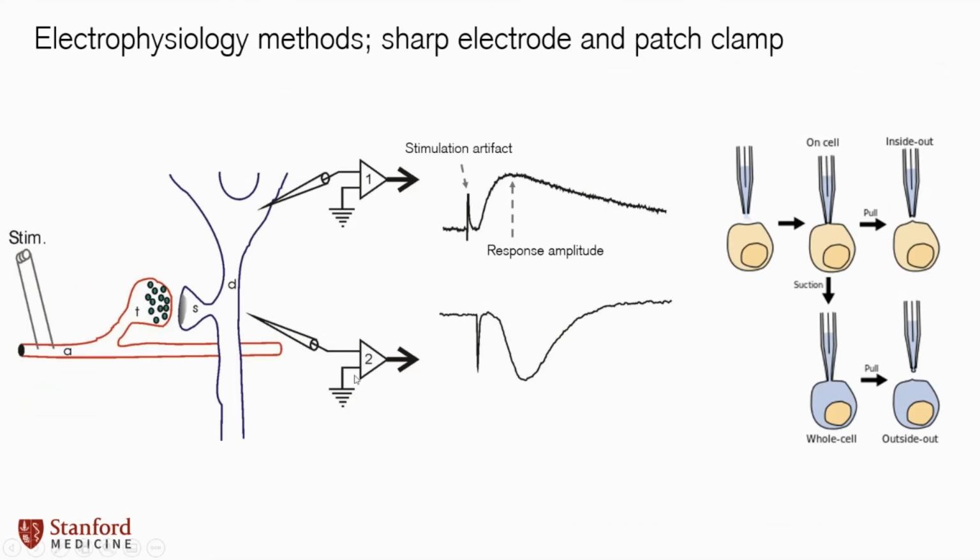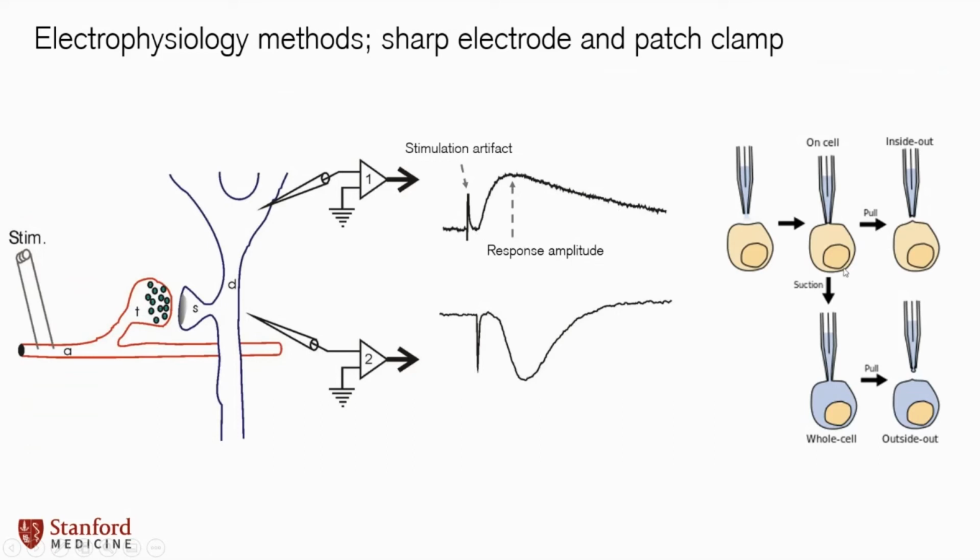And most people, when they hear electrophysiology, might be thinking sharp electrode physiology. That's where you take this little sharp glass electrode and you poke it inside the cell. And then you have another reference electrode that you're putting in the bath solution outside of this cell. And you're basically measuring what this individual cell is doing. And here you can see they'll actually inject a current into the cell. You'll get this stimulation artifact. And you can measure the amplitude of that cell that you're poking there.